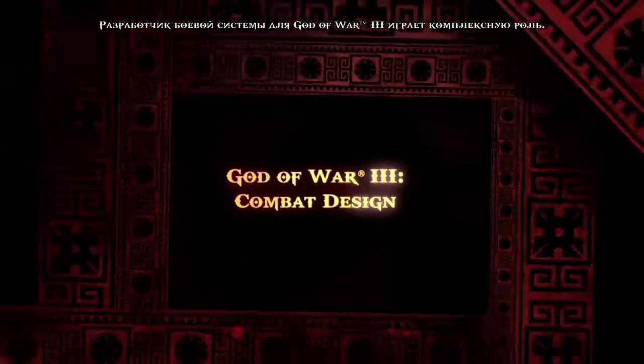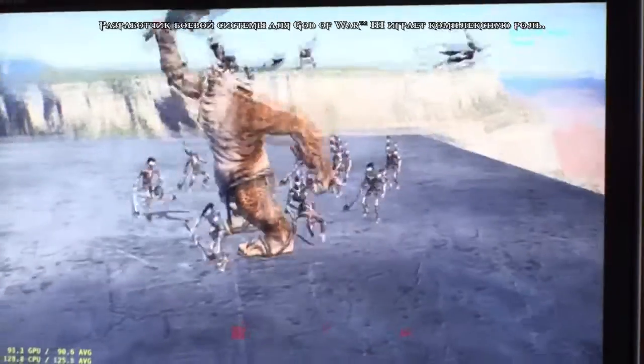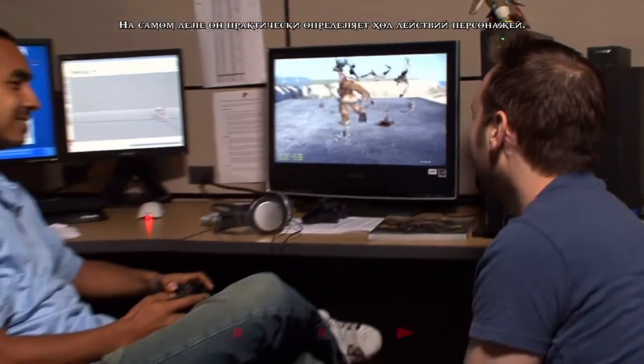The role of a combat designer on God of War III is a complex role. Basically it has anything to do with characters in the game. Any character you see moving in the game, attacking, fighting, are